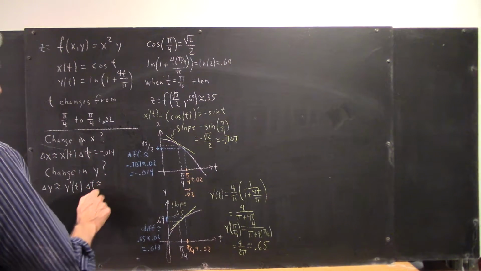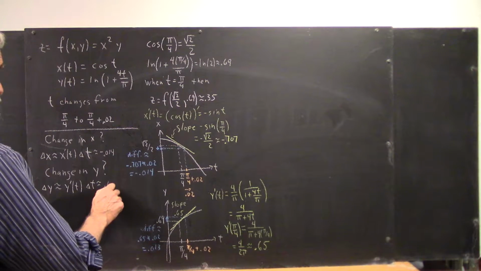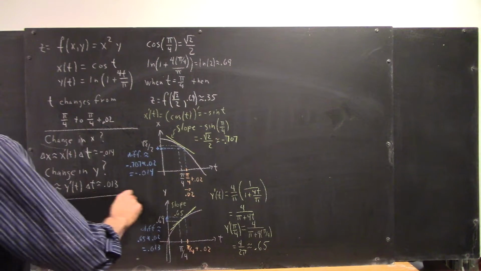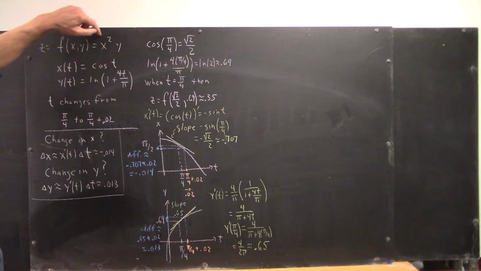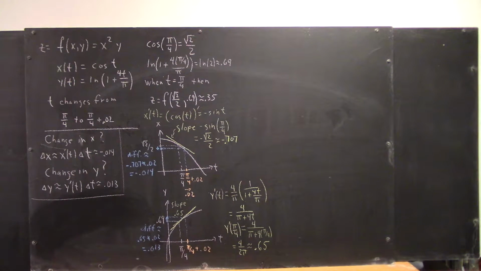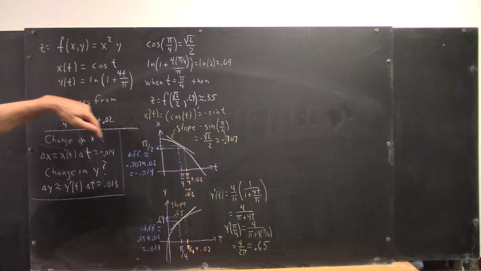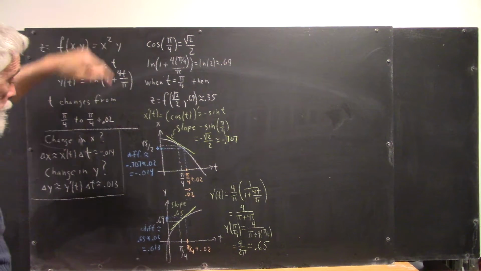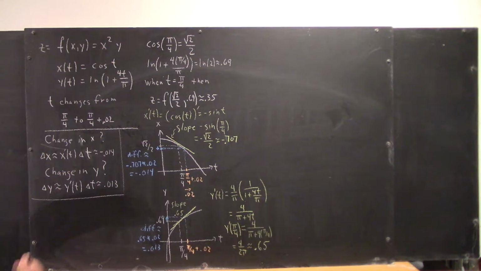And this one came out approximately plus 0.013. Okay, so what does this do to our value of f of x, y? Well, if x changes by negative 0.014 and y changes by 0.013,